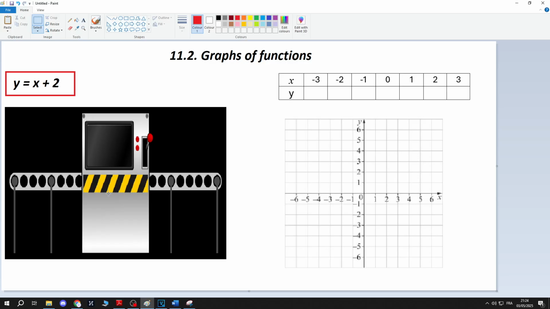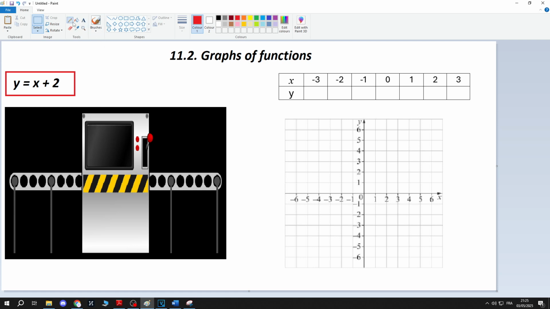So before you start, if you don't know what this picture is for, I urge you to watch 11.1 functions. I explain what functions are, and you probably need to know about functions before you watch the second video. So please do not be lazy. Watch the first video, then move on to this one. All right? So for those who have already watched the first video,